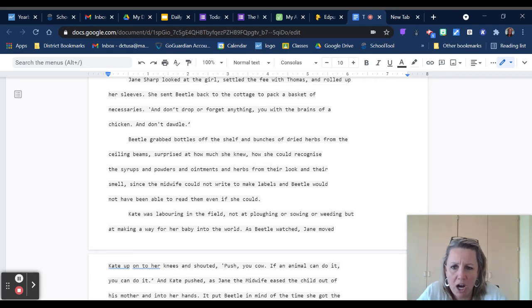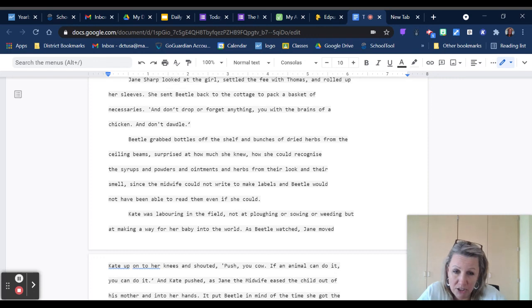And don't dawdle." Beetle grabbed bottles off the shelf and bunches of dried herbs from the ceiling beam, surprised at how much she knew, how she could recognize the syrups and powders and ointments and herbs from their look and their smell, since the midwife could not write to make labels, and Beetle would not have been able to read them if she could. Kate was laboring in the field, not at plowing or sowing or weeding, but at making a way for her baby into the world.